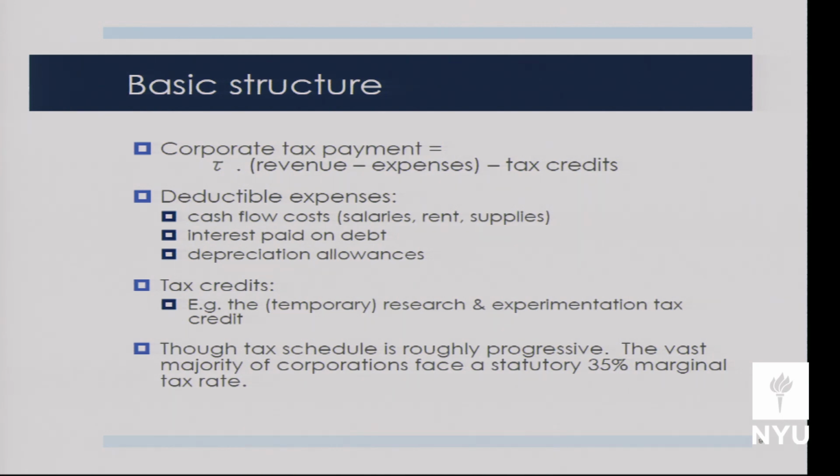And the corporation pays taxes at rate tau on that difference between revenues and expenses. That's their pre-credit tax liability. Corporations are eligible for some tax credits, sort of like the child tax credit or the earned income tax credit on the individual side. There are corporate analogs, such as the research and development tax credit. There are some manufacturing credits. There used to be an investment tax credit. Those credits offset tax liability dollar for dollar, right?